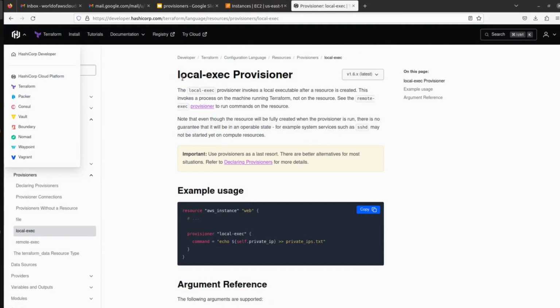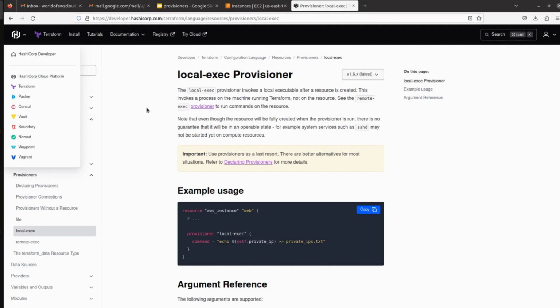Let me open the Terraform documentation here. You can see local-exec provisioners. The local-exec provisioner invokes a local executable after a resource is created. This invokes a process on the machine running Terraform, not on the resource. So why do we need it, and what are some use cases? Suppose you want to create one EC2 instance and store its public and private IP address.